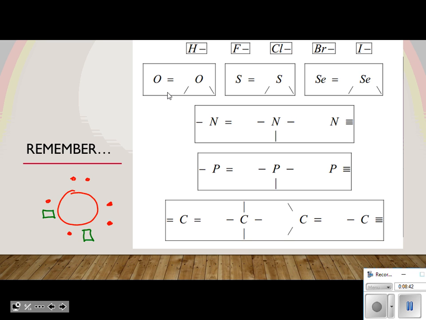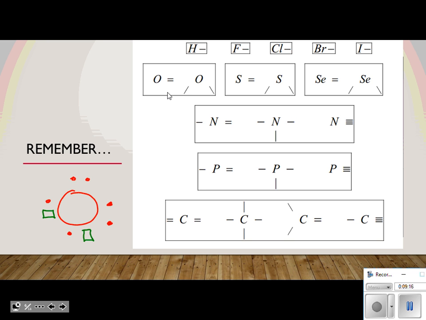Okay, it could make 2 single bonds, or it could double bond. Well, look on your periodic table. If you don't have it out, look on mine up here. Does it make sense that oxygen, sulfur, and selenium all act the same way? Yes, because they all have the same number of valence electrons. They're all in the same family. So if you have oxygen, sulfur, selenium, it's either going to have 2 single bonds or